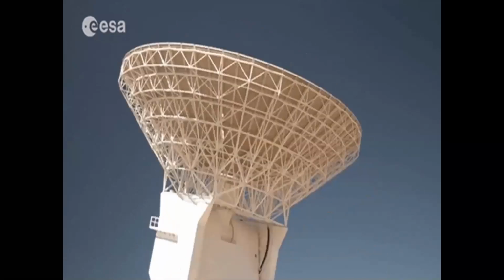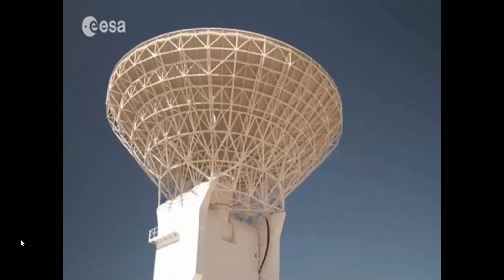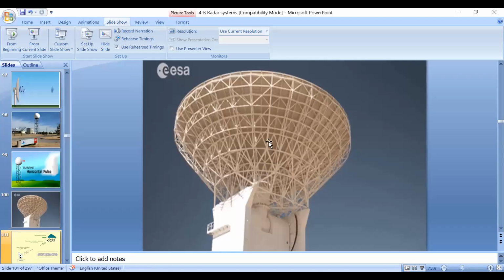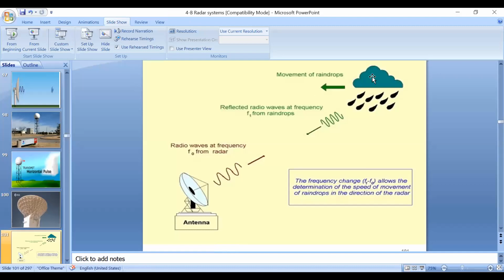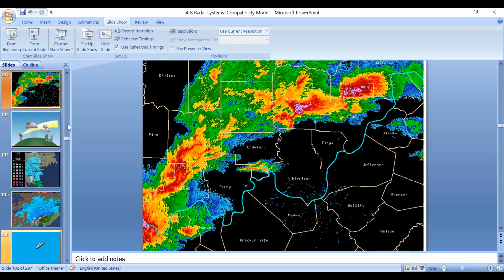Okay, I think you got the concept. And see, this picture explains how it predicts the weather conditions. Radio waves at frequency f naught are transmitted by the radar, where this is our radar antenna. Whenever it hits the raindrops, these are the reflected echoes from the raindrops. It indicates the movement of raindrops. And by using this continuous wave,